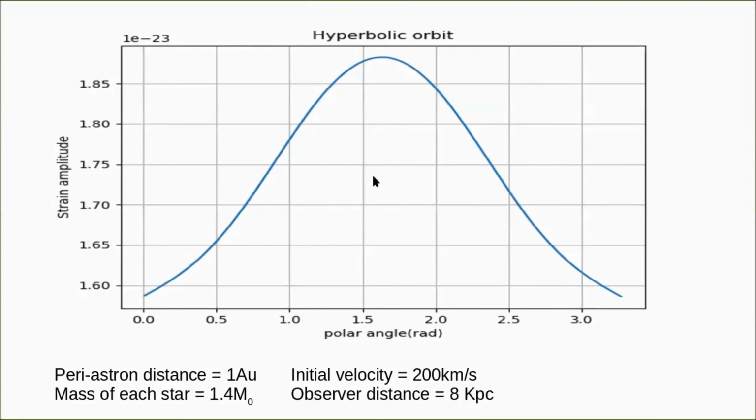I think at pi by 2, the test mass comes the most closer to the source point, and that's why there is a certain maxima where the gravitation is stronger, and the variation also happens. So thereby the gravitational wave is stronger here. Then